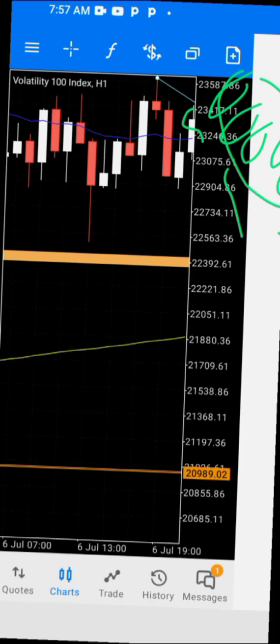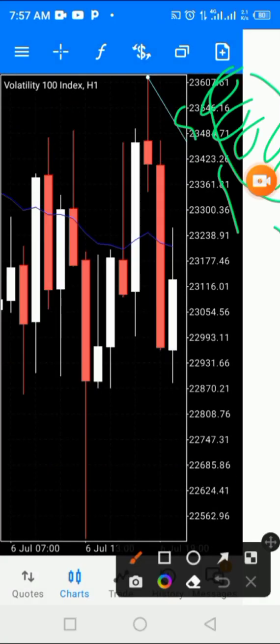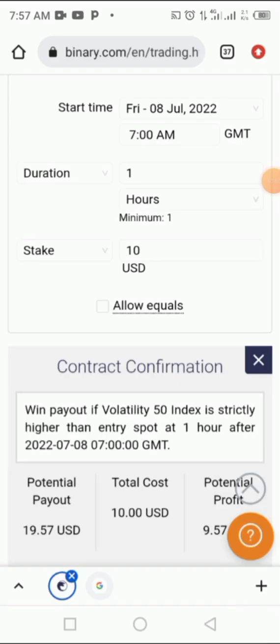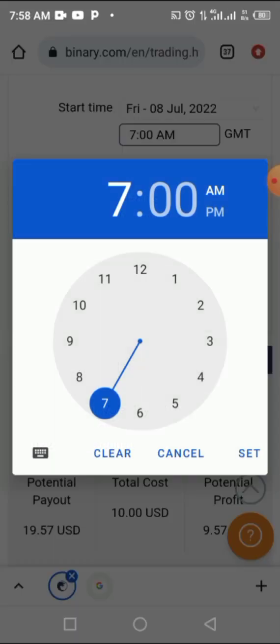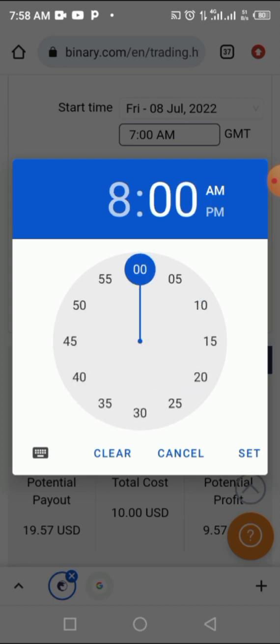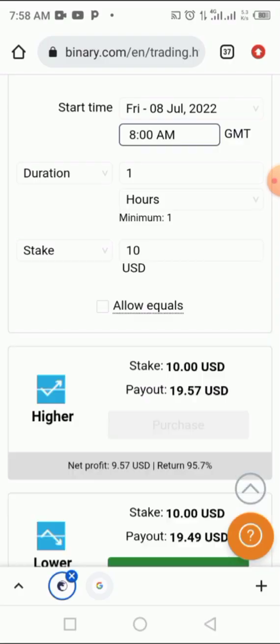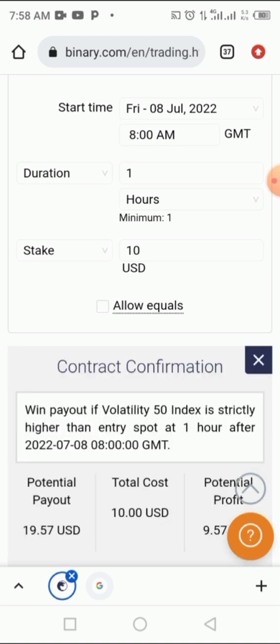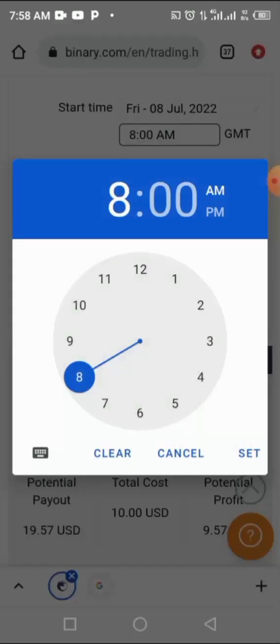Go to your platform here. Let's go to that platform again. I'll just show you. Just go to this platform, down to this place. This is the platform. Like I wrote seven. So now, that count will start by 7 a.m. Now you can say, okay, since you are so sure, you put another one, 8 o'clock. Set 1 hour again. Let me say buy. Assuming it shows that this candle is going to sell for the next 5 hours, you know that after the other candle is closed, that one's going to open. You go back there again, you click it, 9 o'clock,